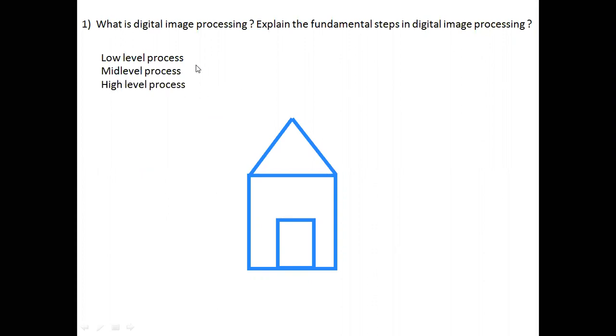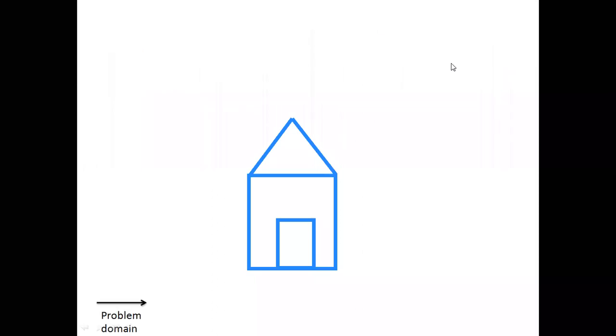So these are the three types of processing. Next, let us look at the fundamental steps involved in digital image processing. So first,